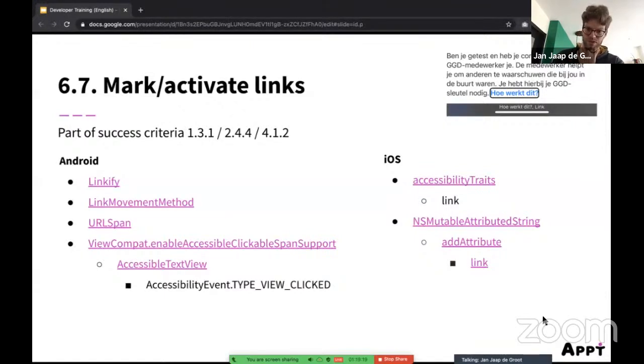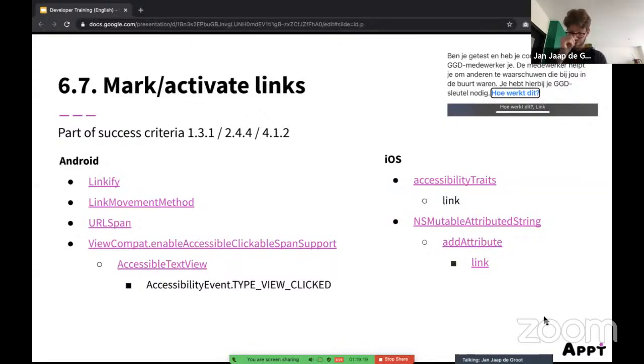That's a good point. It's also a little bit difficult, maybe, on the difference between web again and apps. The problem is that it's not really clear in the guidelines if you should set a link as a link or as a button or whatever.